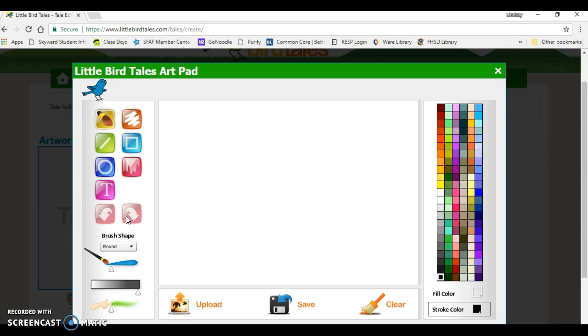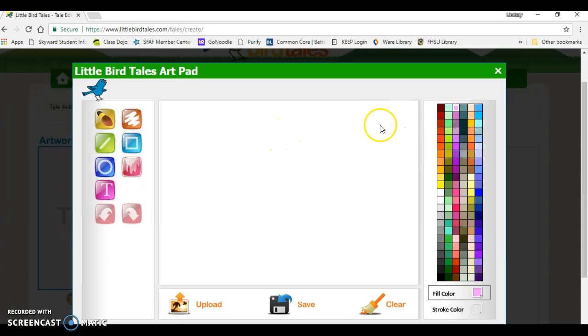This is another time where we can talk about text features with my students. It's really great to talk about what is the cover of your story, what needs to be on there in regards to a title, anything like that. So we can go with different options. You can see it's kind of set up like the old computer program Paint, and some of my kids are familiar with that, some are not. So this is really a good learning time for them too, so they can figure out